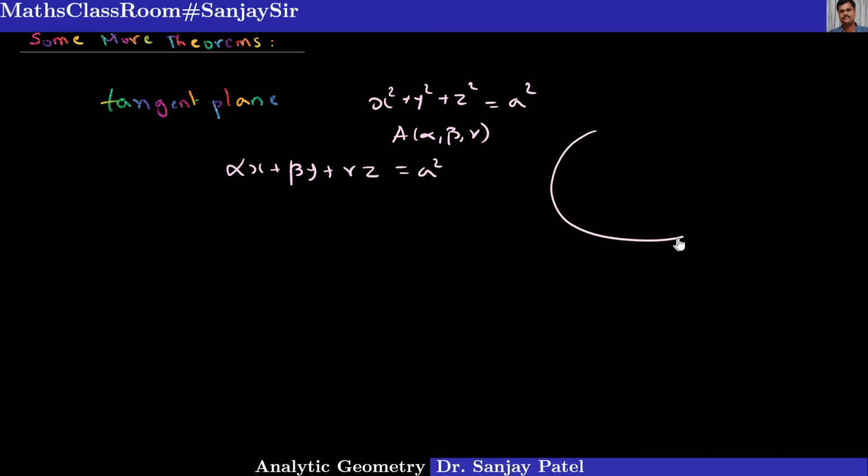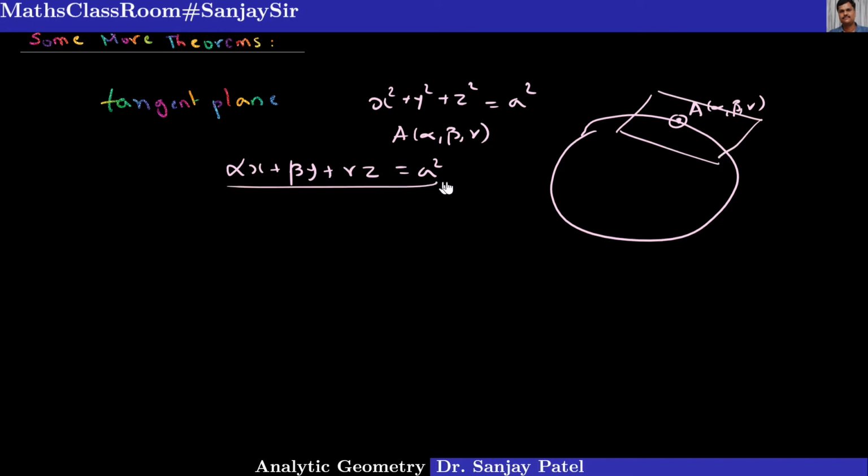If you have a sphere and there is some point on this sphere, say alpha beta gamma, then the equation of the tangent plane at this point is given by this equation. So this is the sphere. Remember, the equation must be x square plus y square plus z square is equal to a square. Now in today's lecture, we are going to derive